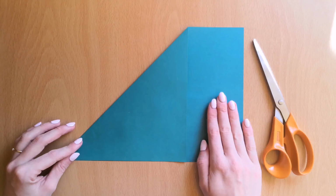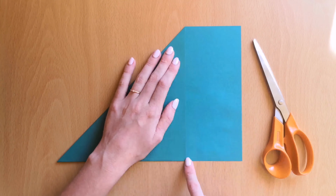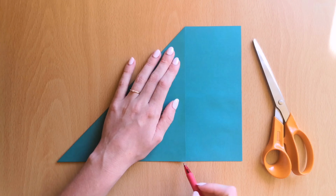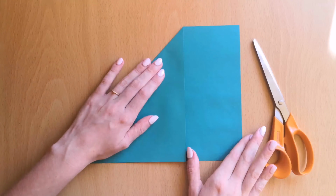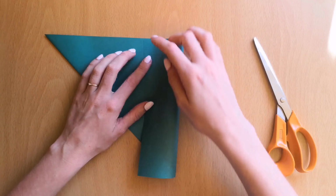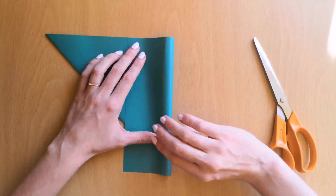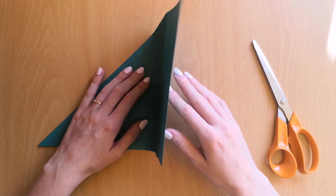The next step is you fold the paper on this line, or you can grab a pen and draw a line here. It's optional and it's up to you. For now, in this video, I'm gonna fold it on this line. You can fold it from here upside in, or you can turn it around and fold it in. Again, you need to make sure that it's aligned, and you will know when to stop when the line from the bottom is here. So if we turn it around, we will fold it in, make sure that it's aligned